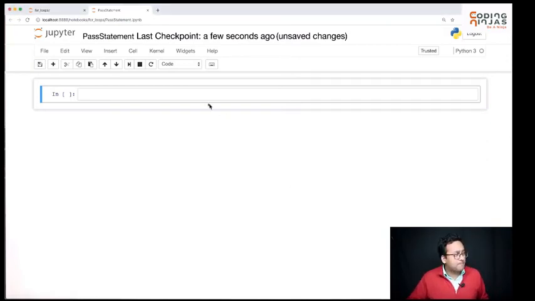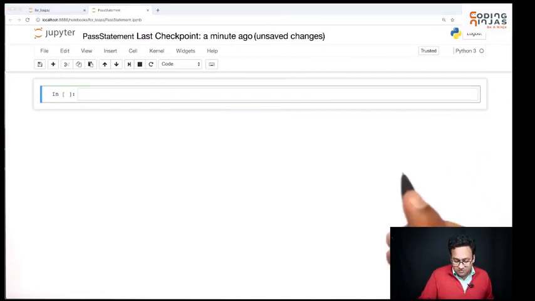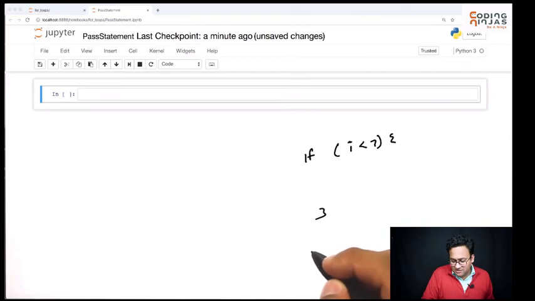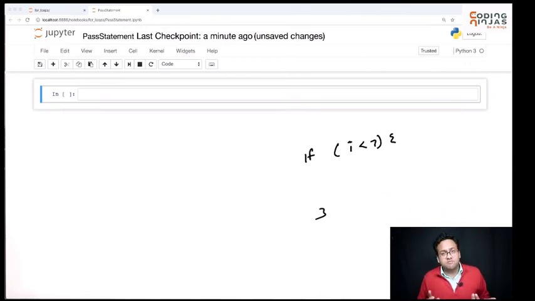You can use it with if as well. So in case of C++ or Java, what you can do is you can write a code like this. If i less than 7, we put brackets. We don't write anything inside. That means don't do anything, right? So you're able to say if i is less than 7, don't do anything. So you don't have anything inside the if, which doesn't really make sense a lot. You will write something within the if, right? Otherwise why do you want to have an if?